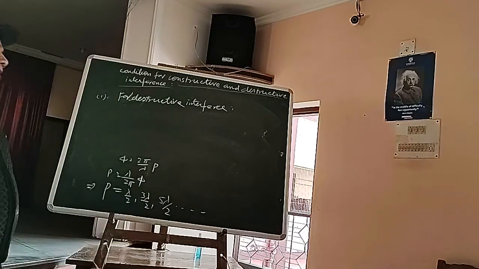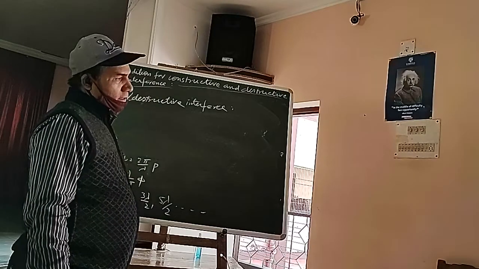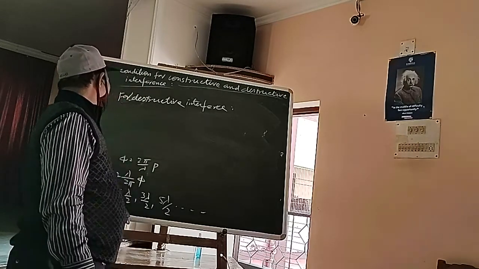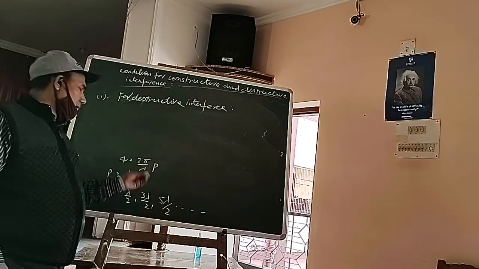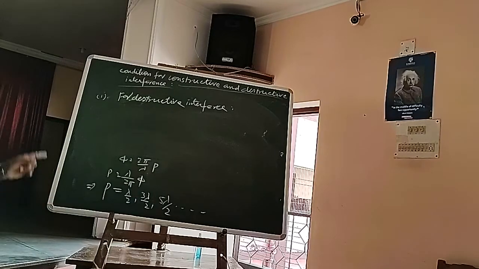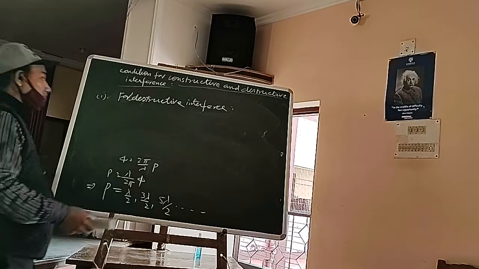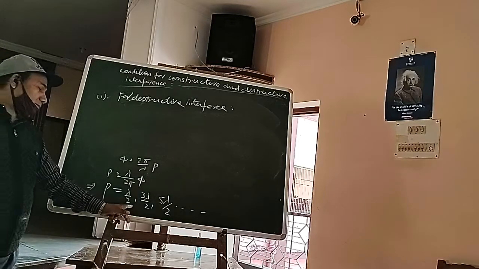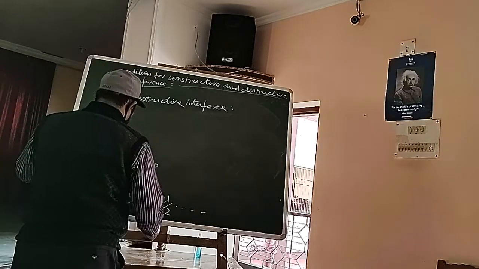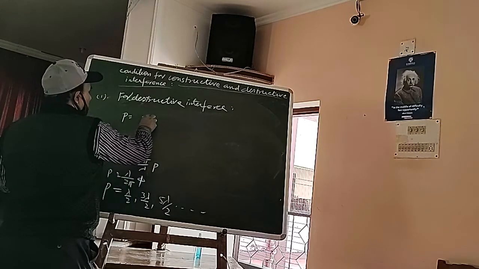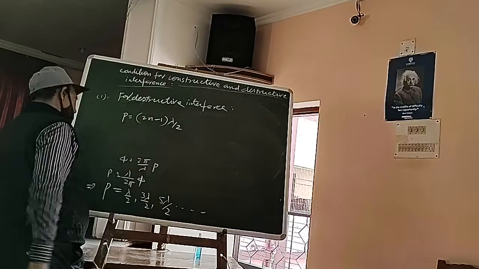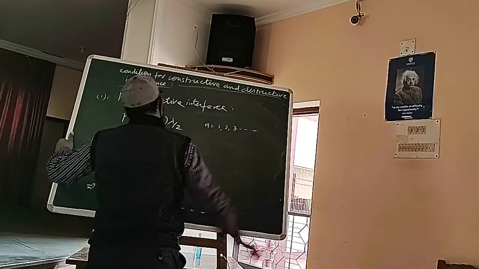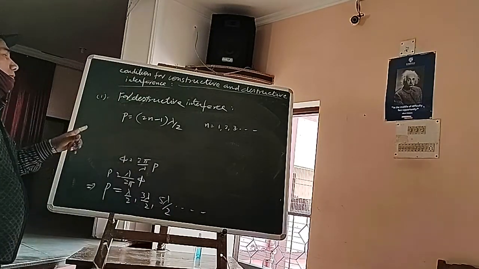अगर दो लाइट वेव किसी पॉइंट P पर मिलती हैं और उनके बीच पाथ डिफरेंस लैम्डा बाई 2 हो या 3 लैम्डा बाई 2 हो या 5 लैम्डा बाई 2 हो, तो वहाँ हमेशा डिस्ट्रक्टिव इंटरफेरेंस होगा, मीन डार्क फ्रिंजेज बनेगी। और इसको हम लिख सकते हैं P is equal to (2n-1) lambda by 2, जहाँ n is equal to 1, 2, 3 and 4. n वहाँ 0 से शुरू हो रहा था, यहाँ 1 से, क्योंकि 0 पर